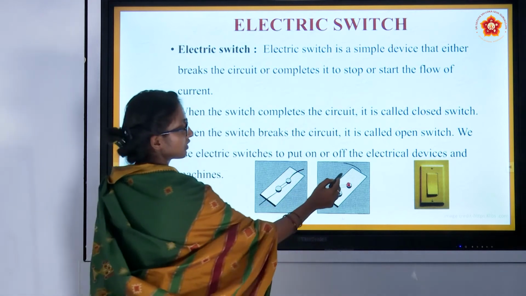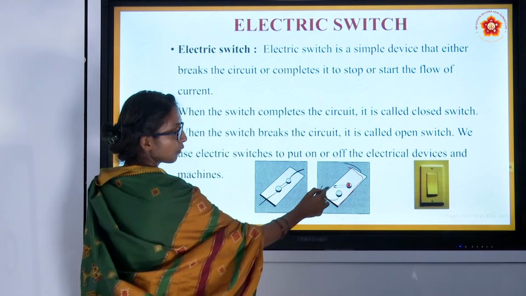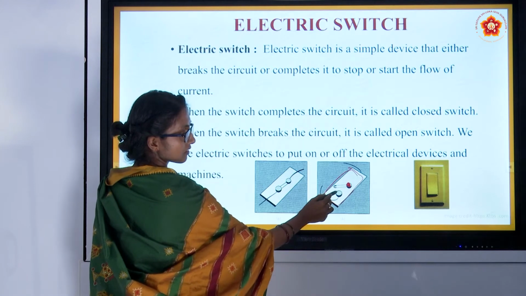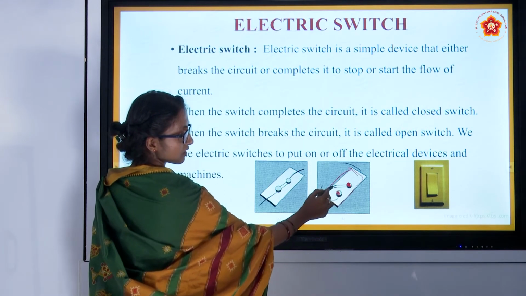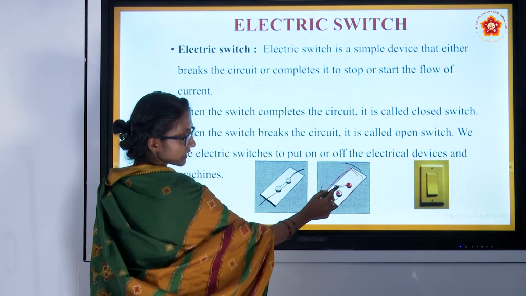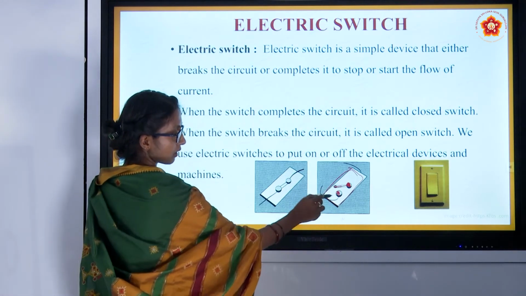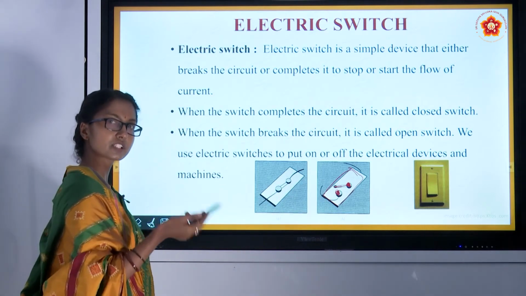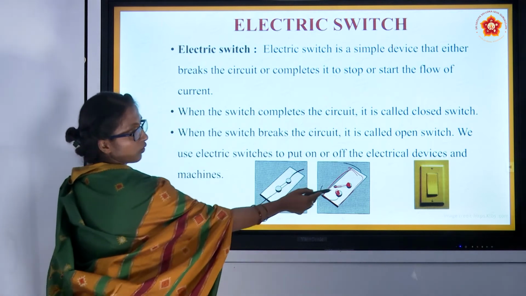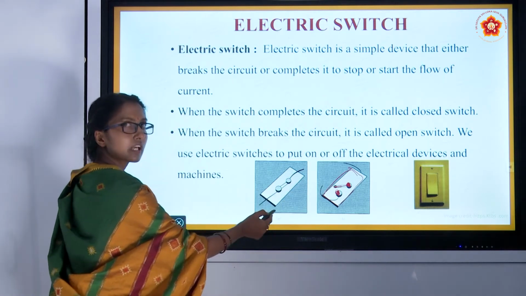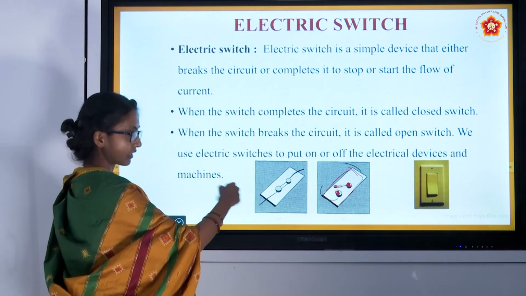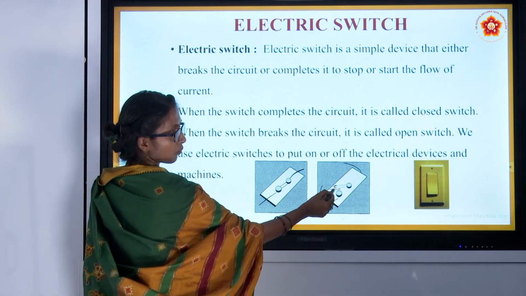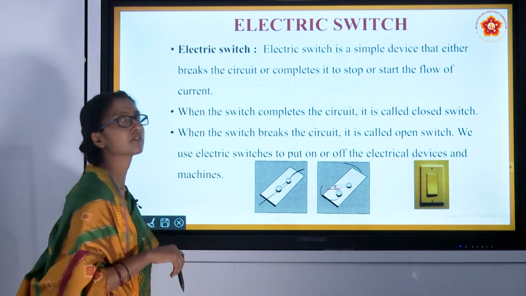nails will be there, no? Using nails, take a board which is made of wood, and fit two nails. For one nail, a pin should be stuck. If this pin comes over the other nail, it means the circuit is closed and the switch is on. If it is closed, then the switch is on and electricity will flow. If it is open like this, see, here you can see the opening, then electricity will not flow.